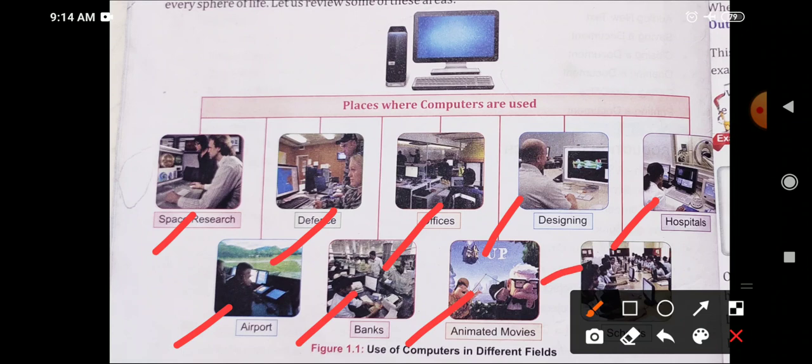Smart boards are also an example of a computer with a big screen. And fee payment records are also kept on computers in schools. Student records, attendance records, and the results are also made on computers in schools. So this is all about places where we use computers.